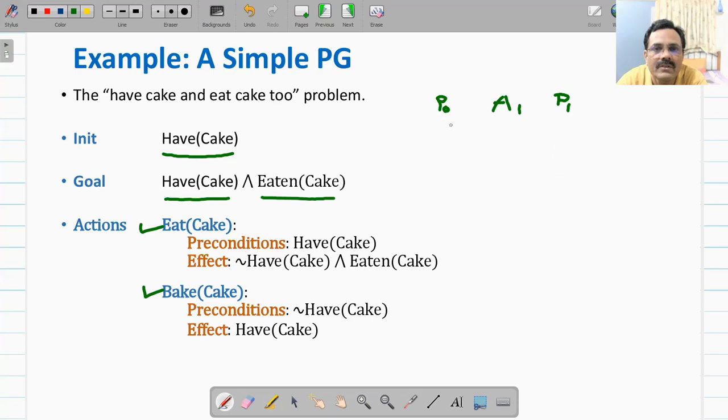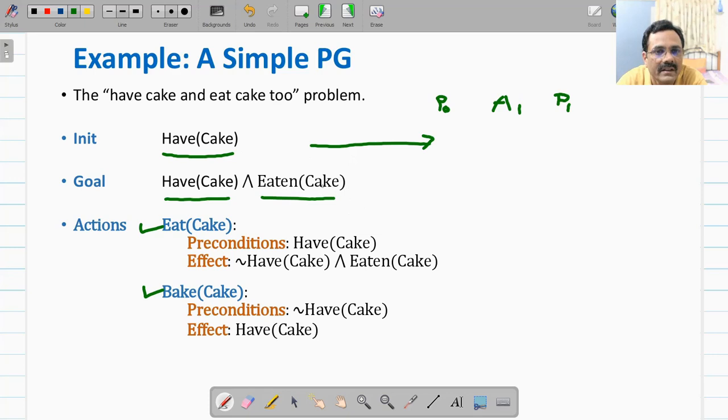In P0 we have initial predicates which are true. So we have given have cake, so we will have this have cake in this P0, and along with this you will have to see is there any other preposition which is true initially. So you can introduce that preposition also. Have cake is already represented, and eaten cake will be true, that is the goal.